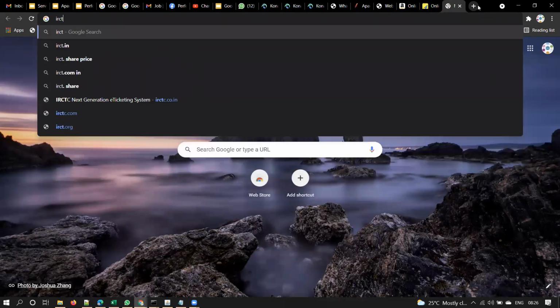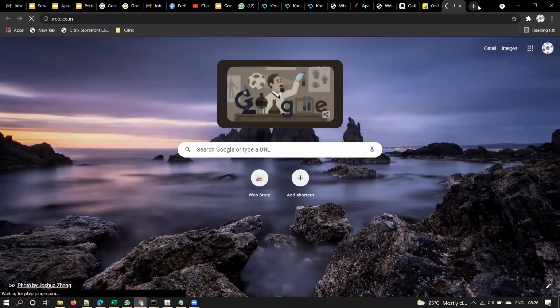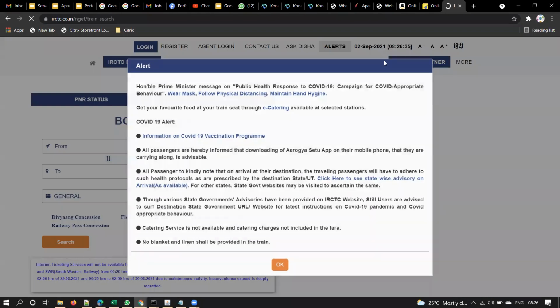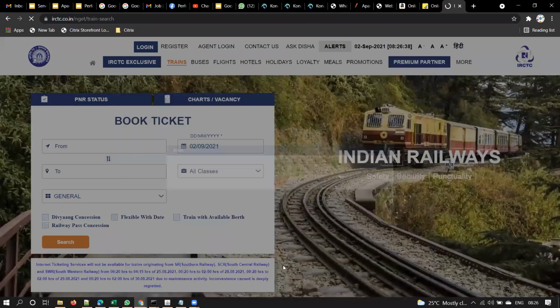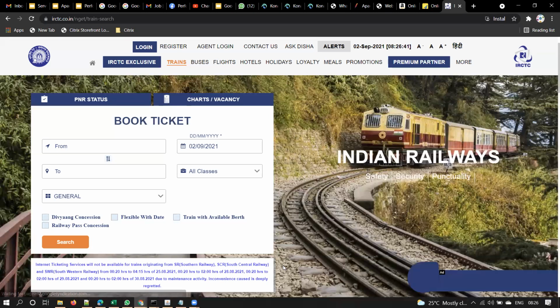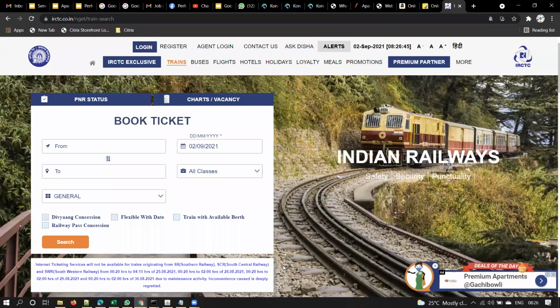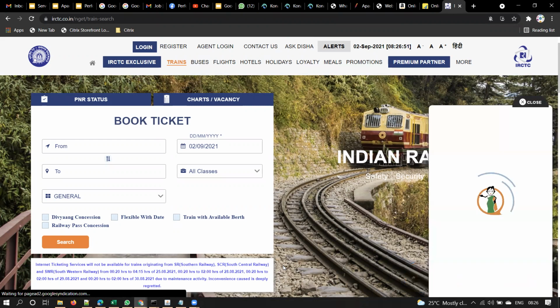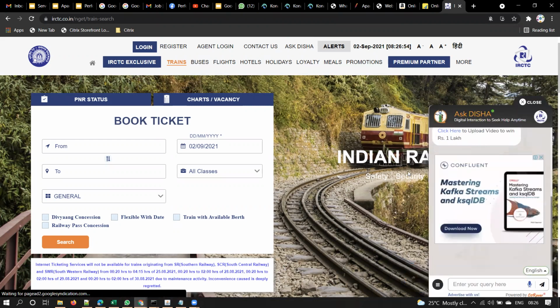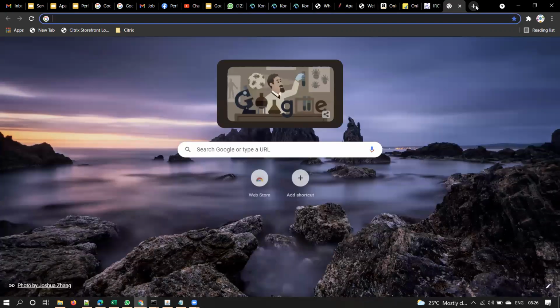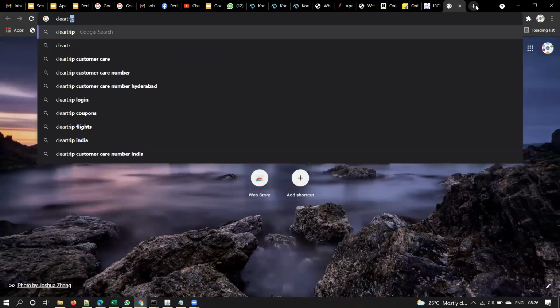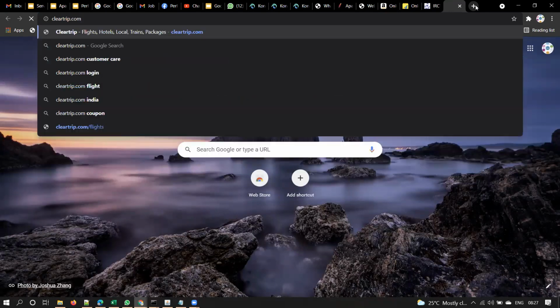Or if you are facing issues with IRCTC. If you used IRCTC like 5 to 10 years back, it used to be very horrible. The performance used to be very bad. There is no guarantee that you can book a ticket whenever you want to. It used to fail when we are searching for trains or when you are making some payment. So then I started using ClearTrip. In ClearTrip also we can book a train ticket. Yes or no?